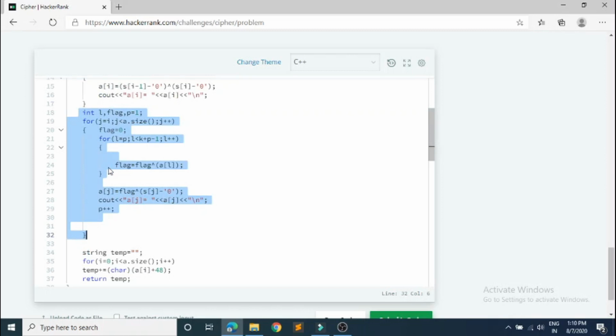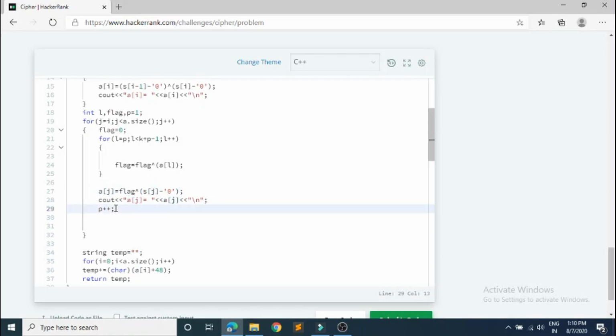In this particular for loop, what I am doing is getting the XOR of the recent k minus 1 digits stored in our output array, and then XORing it with the corresponding element stored in the input array, and then storing it into our output array as I have told you.